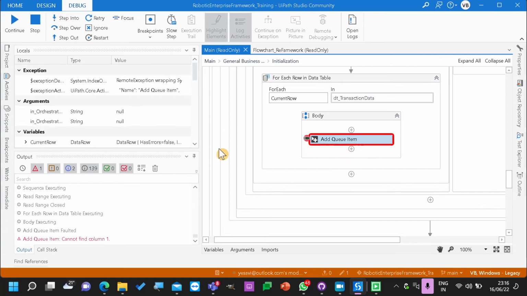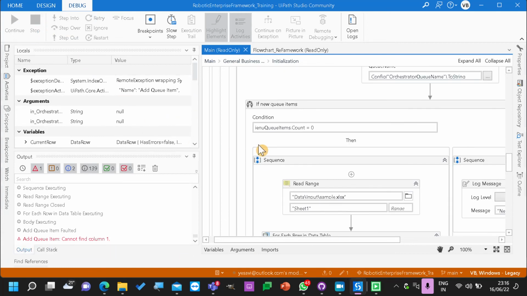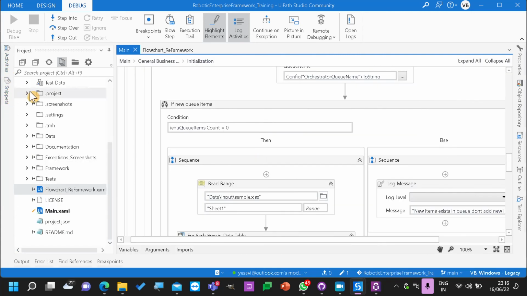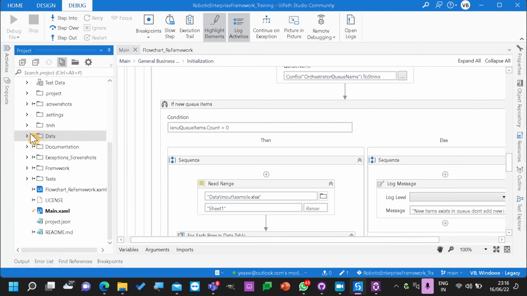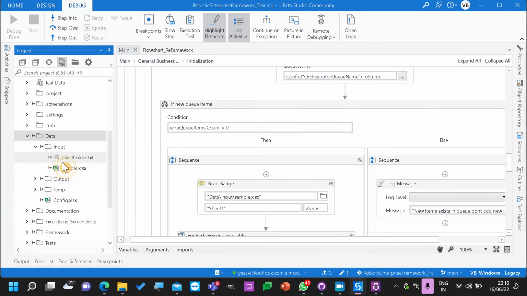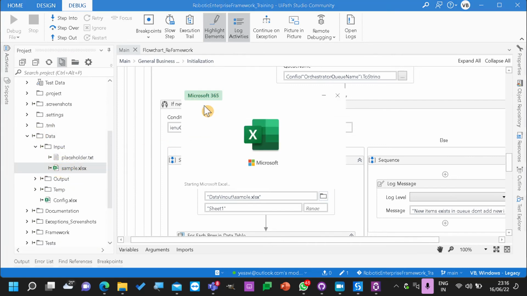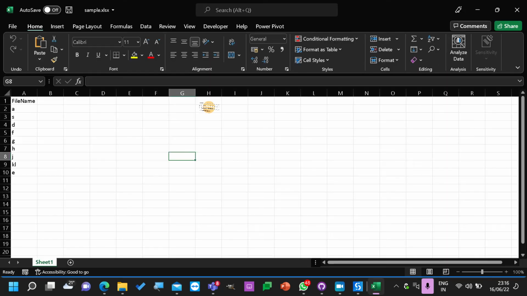Step into. Now add queue item. Cannot find column 1. I don't think this is the data input sample X. Let's see with this activity. Data, refresh, data input sample. So you haven't saved the file. Is it so? Thank you.